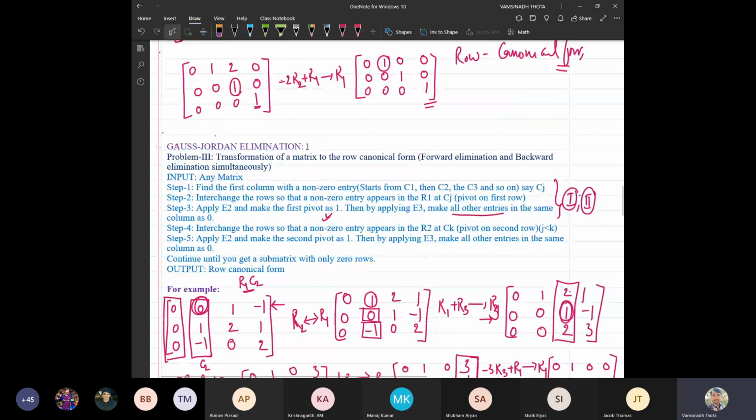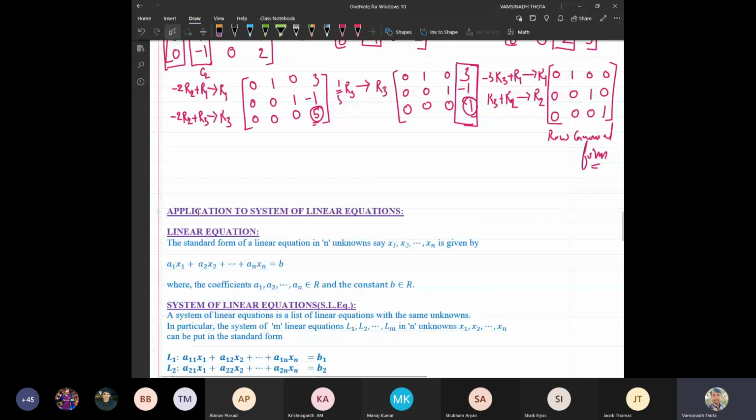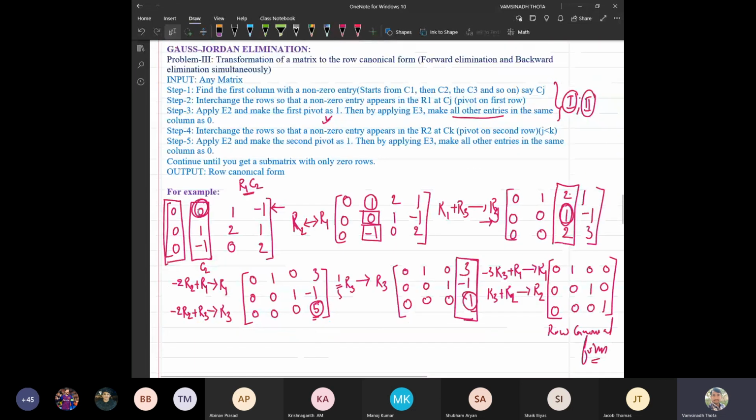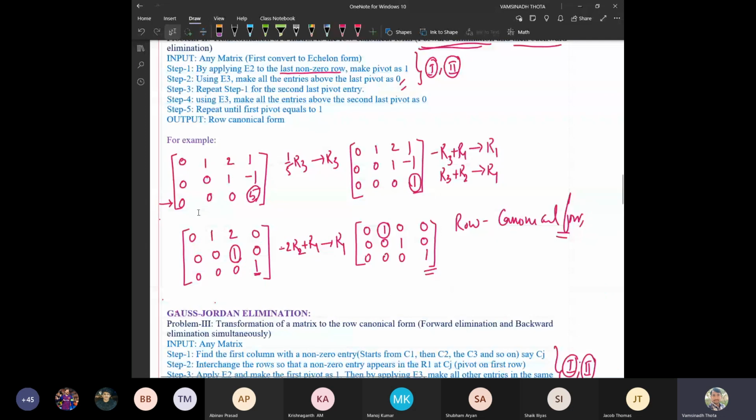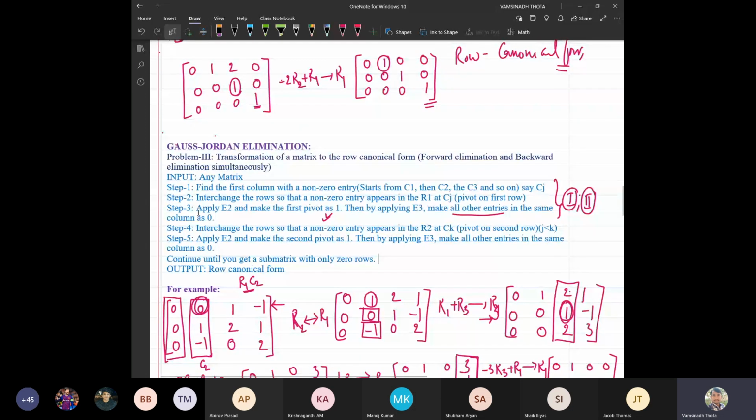Okay, so all of you can practice by taking many matrices on your own, or you can refer to the textbooks which I have referred already, and practice both the Gauss elimination process and the Gauss-Jordan elimination process. Tomorrow we are going to see the applications of this elimination process. That is actually the most important thing. The applications of Gaussian elimination and Gauss-Jordan elimination, we will see tomorrow.